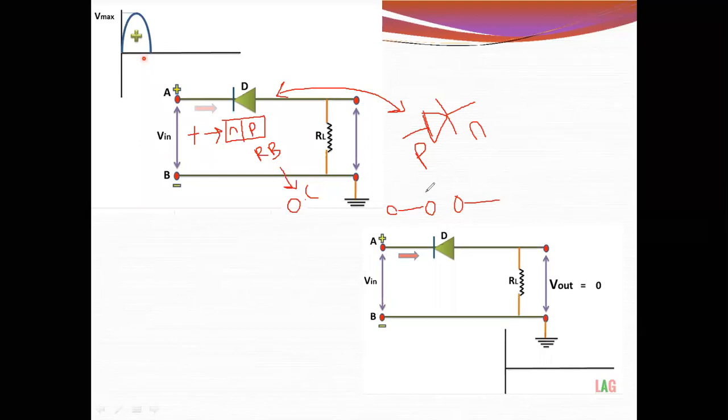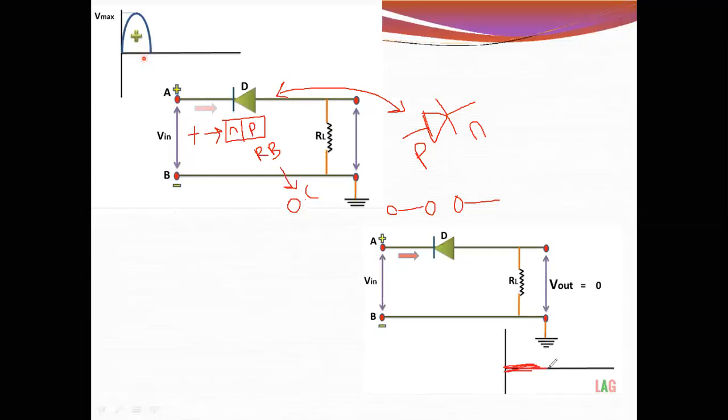Does current flow in this open circuit? If the switch is off, is the fan in working condition or not? If you switch off your fan, then what happens? The circuit is open, the fan does not work. Obviously here also, if you apply positive voltage to this diode in reverse bias, it acts as an open switch. If it is an open circuit, there will be no flow of current in this circuit. Then what about the output? Here the output voltage is 0, so that's why I kept it blank.